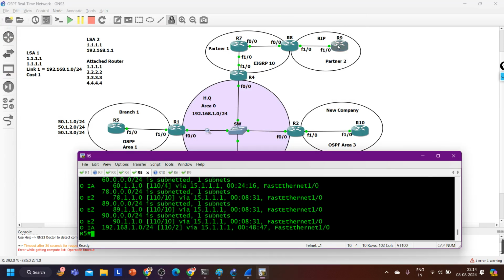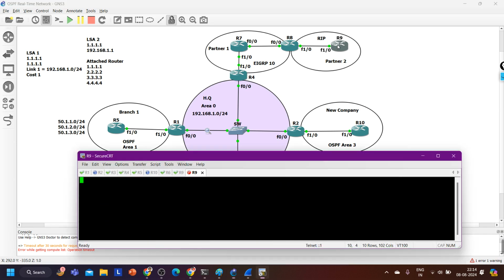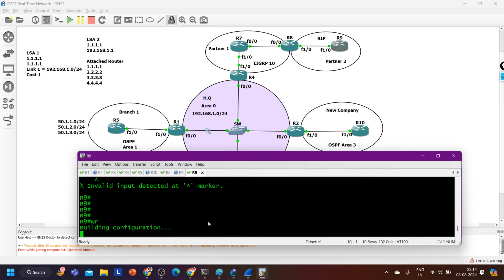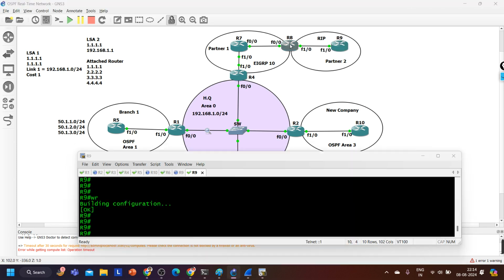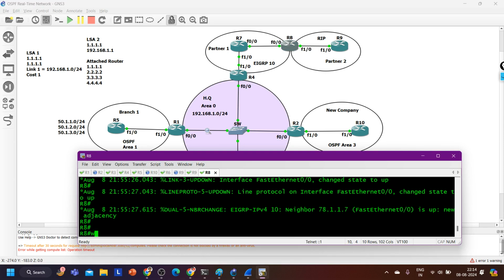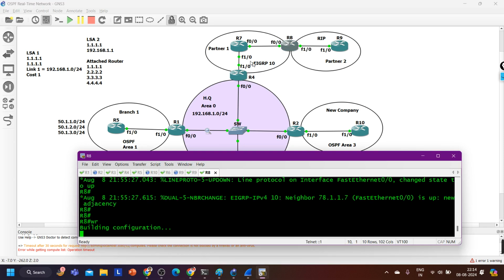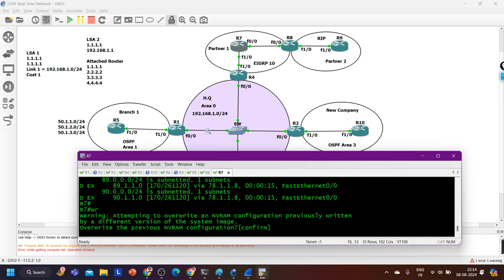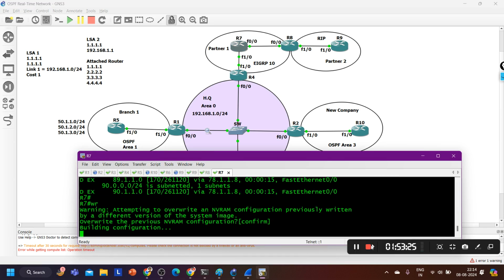Let me save the configuration of each device, otherwise I have to reconfigure tomorrow. Router 9 saved, router 8 saved, router 7 saved, and let me